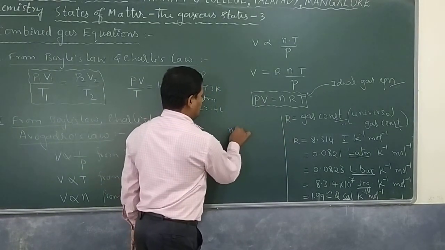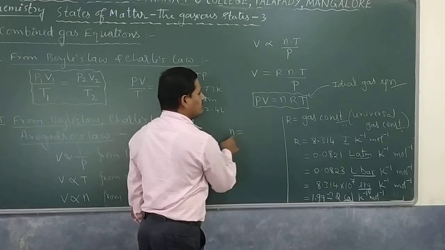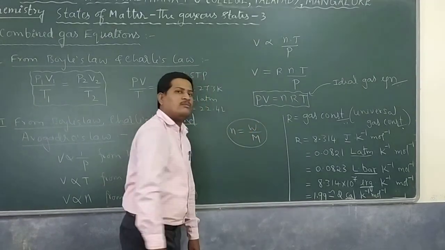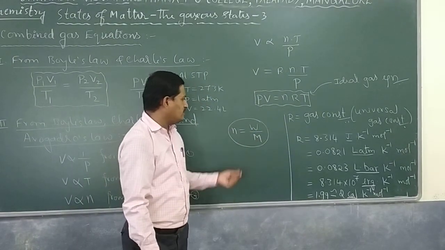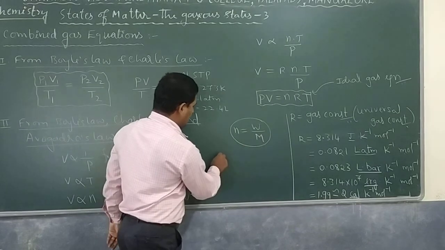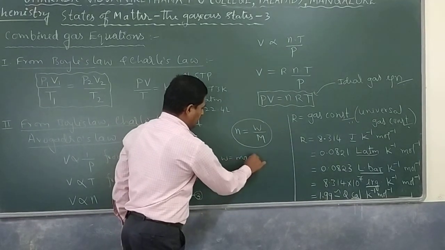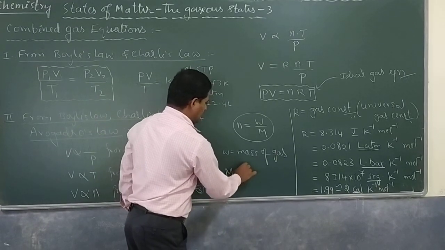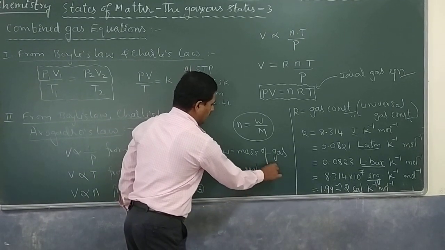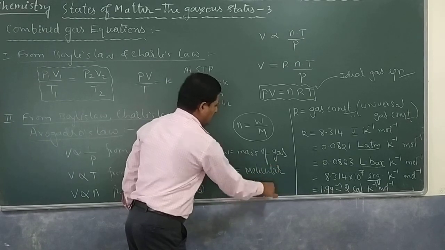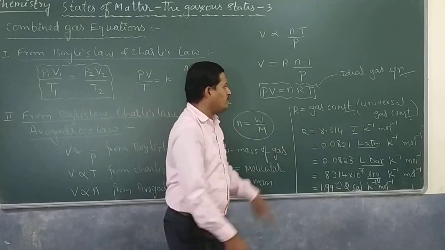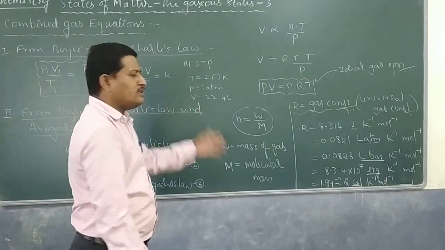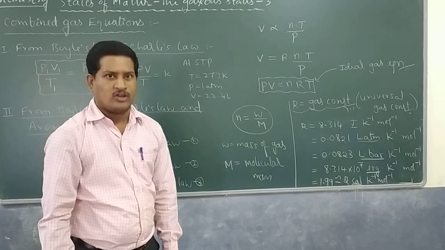And here the n value can also be calculated by using a formula. You know, number of moles is nothing but mass divided by molecular mass. Using that, if you know the mass of a gas and its molecular mass, the number of moles can be calculated, where W stands for the mass of a particular gas, and capital M stands for molecular mass, or you can say molar mass. So we have to remember these relations and the value of R. For competitive examinations, problems normally come from these two relations.